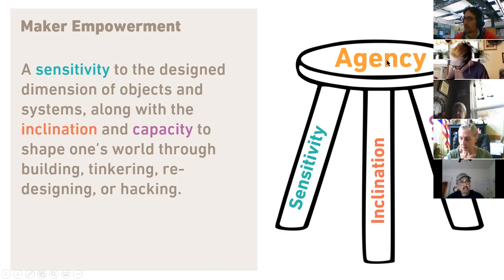If you don't know how, you're not going to be able to ride your bike. If you don't care about riding your bike, you're not going to ride your bike. And if you're not aware of where or when you can ride your bike, you're not going to ride your bike. That's a simple example, but we are going to see how that applies to many different areas, many different actions.